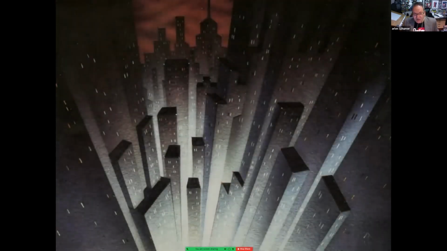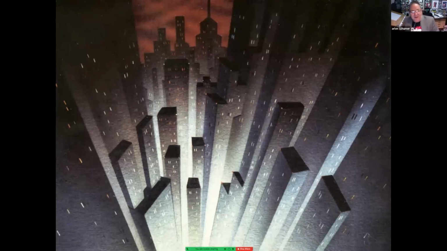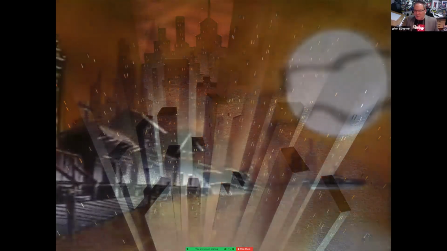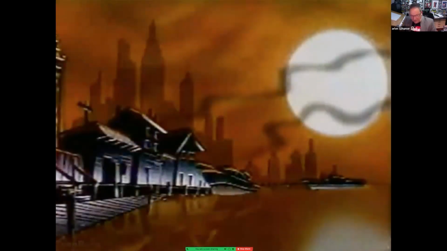I love that last shot of this very one point perspective to the extreme stylized city shot with the peak of the red sky in the background. Yeah, the red sky was obviously a decision from the get-go of Timm and Radomski to really brand their Batman